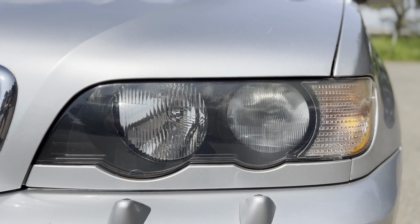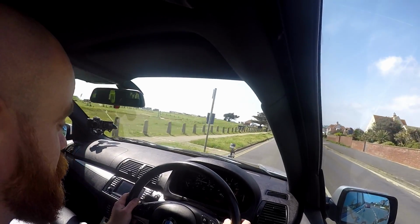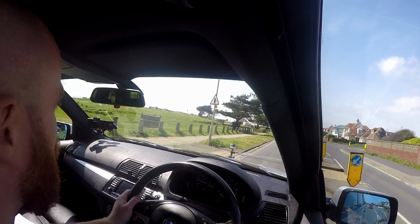I mean, this car that I'm driving here today sits on only 56,000 miles. That must make it one of the lowest mile X5s out there. There's a strong chance that the first owner only drove it a couple of miles a day, driving the 0.6 of a mile to do the school drop off and back, and that was it. Sure, they could have walked, but you don't look as cool walking to school as you did back in 2002 driving in an